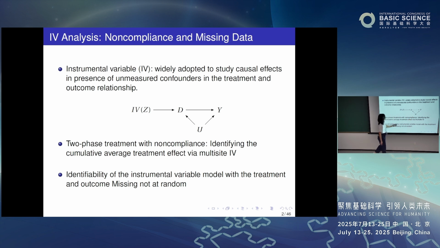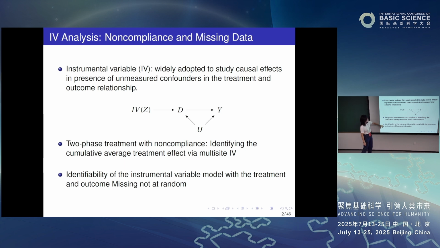So the idea is that we use this instrument to extract the variation in the treatment that is independent of the unmeasured confounder, and use this unmeasured-confounder-free variation in D to analyze the treatment effect of D. This is the big picture idea of the instrumental variable. My research in the past year focused a lot on instrumental variables because unmeasured confounders are everywhere. Today I'm very happy to present two of my recent works on instrumental variables.